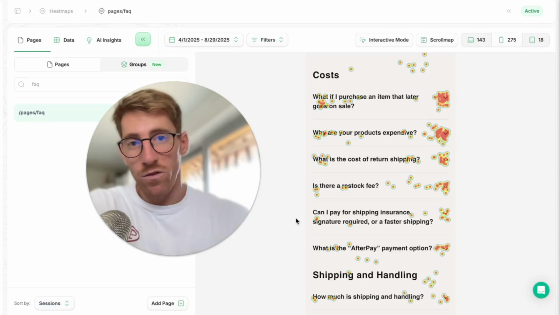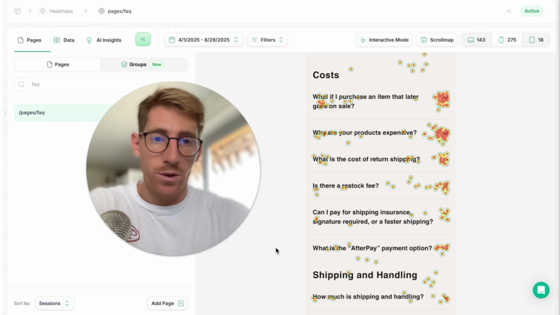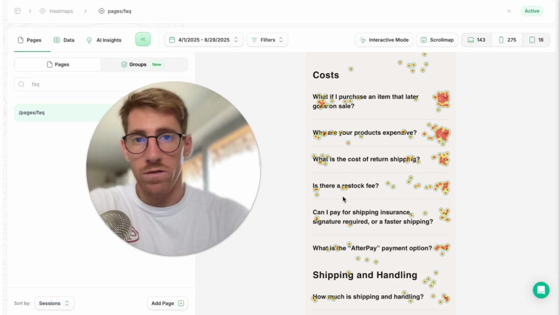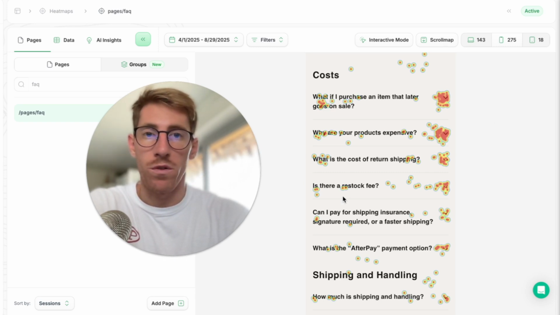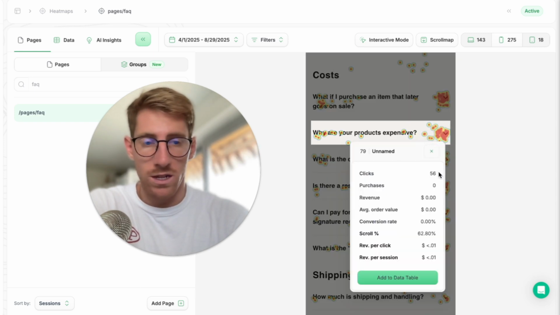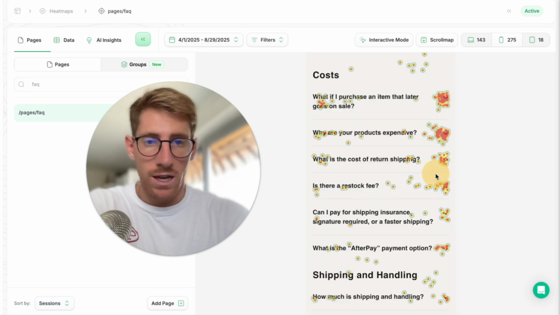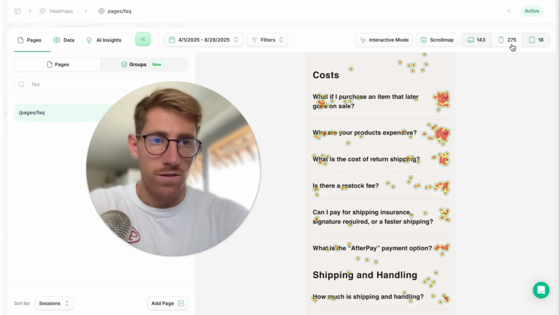I'm going to show you in less than 4 minutes why heatmap.com is better than Microsoft Clarity. If you're analyzing this website using Microsoft Clarity, you would only be able to see the number of clicks per element. For example, you would click on this FAQ and see 56 clicks. On this one, you would see 21 clicks in the 4 months window that I selected here and the 275